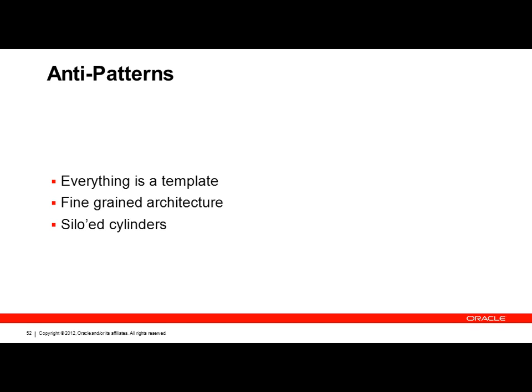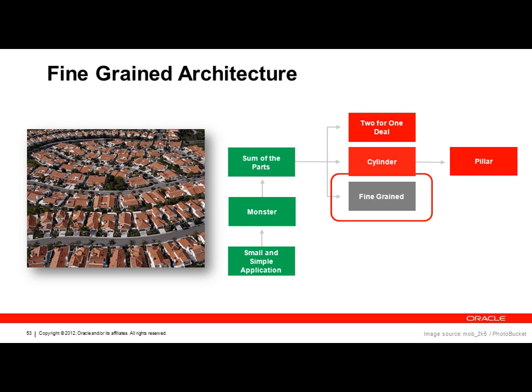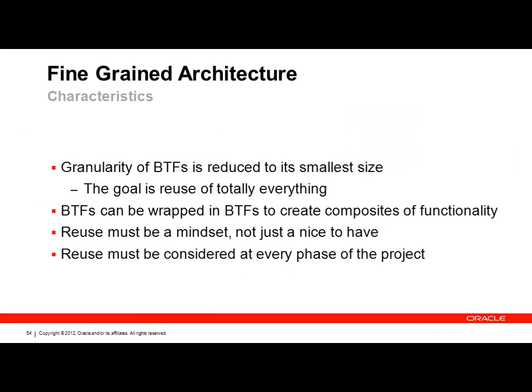Taking this extreme reuse concept on board, let's take this second anti-pattern here, the fine-grained architecture anti-pattern, and we'll actually consider that diagrammatically. So this is the gray architectural pattern that was in our original genealogy map. The characteristic of the fine-grained architectural pattern is that in terms of our bounded task flows, rather than leaving it as a choice in terms of the granularity, large or small, all our bounded task flows,